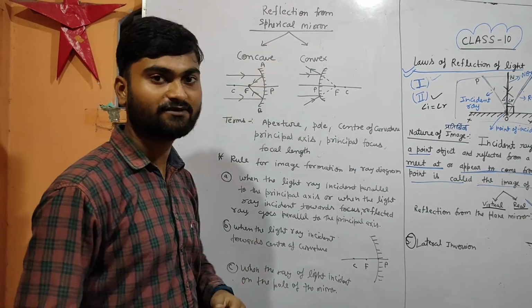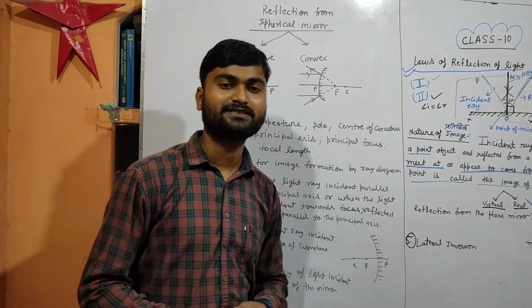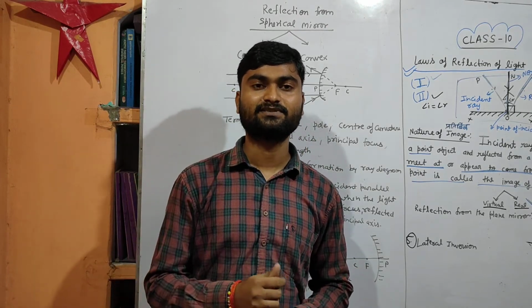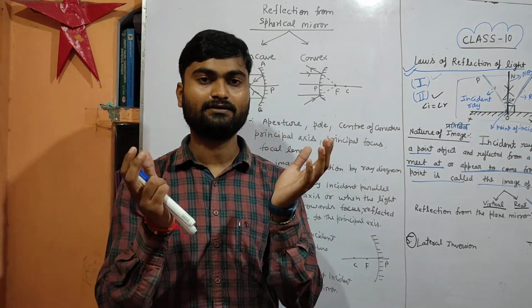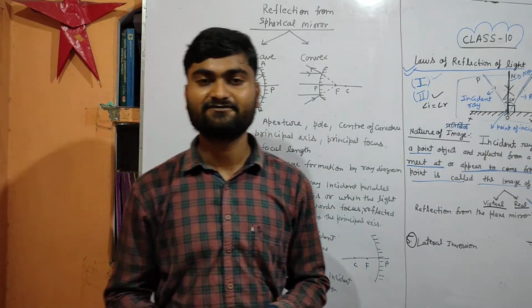So there are two types of spherical mirror, concave mirror and convex mirror. You know the shape of a sphere. This is a 3D shape, but it is not a solid sphere. We talk about the spherical shell